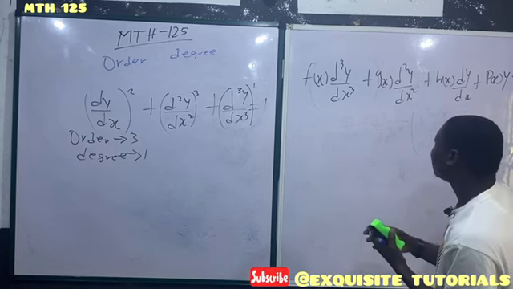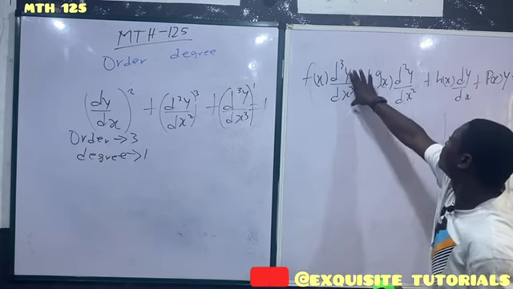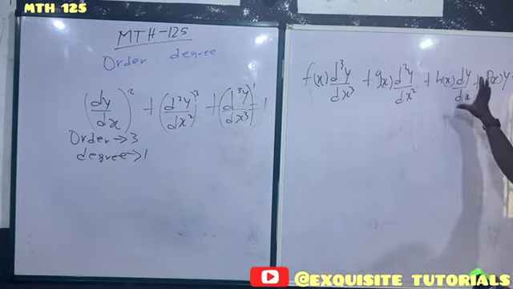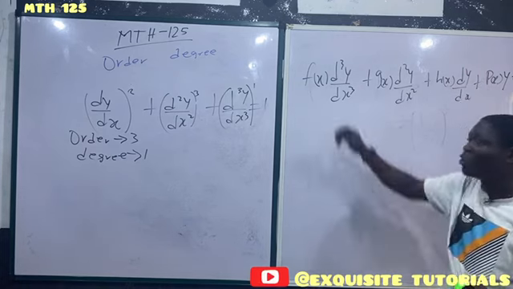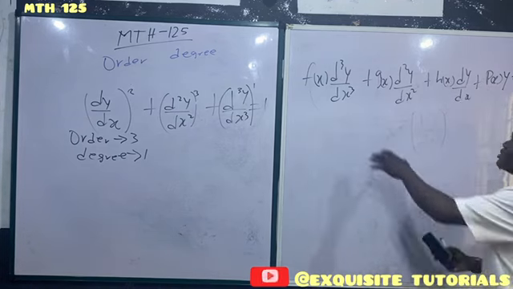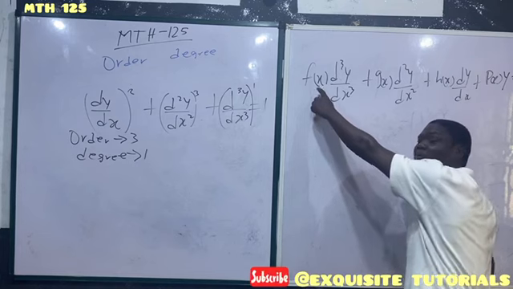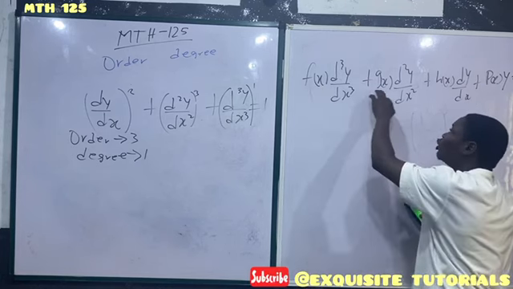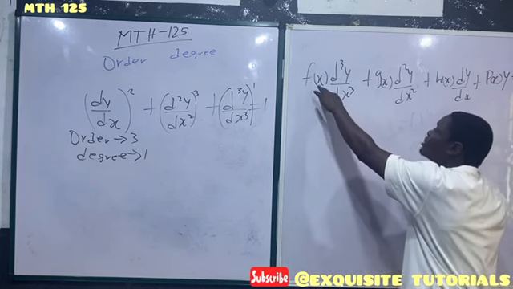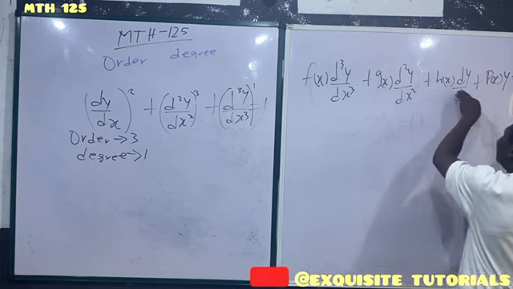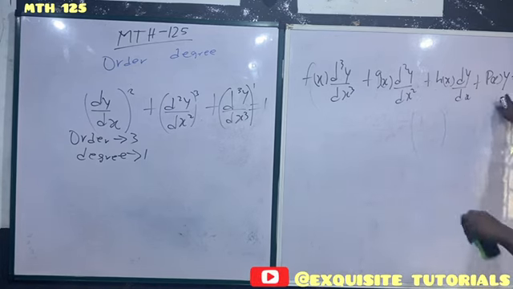So if this differential equation, the order of this differential equation is order 3, but what is multiplying this is f of x, a function of x only, and not a function of y. Because it is only a function of x that is multiplying this differential coefficient and y, we say this is